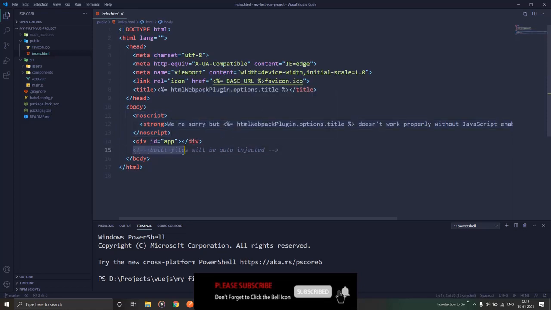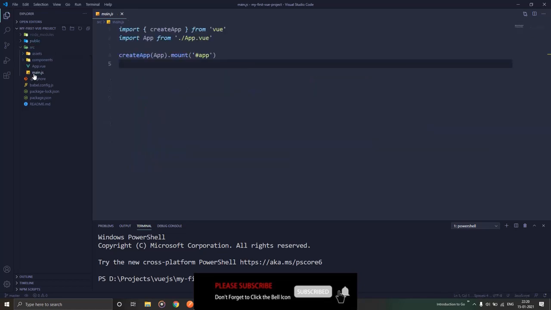There will be some other files which run when you create your final build of your application. Vue.js will create some JavaScript files and put references to those files in this place. That is something we'll discuss in a later part of our videos. Right now, what Vue.js has given you as boilerplate code is a main.js, which is mounting a component specifically in the app div.